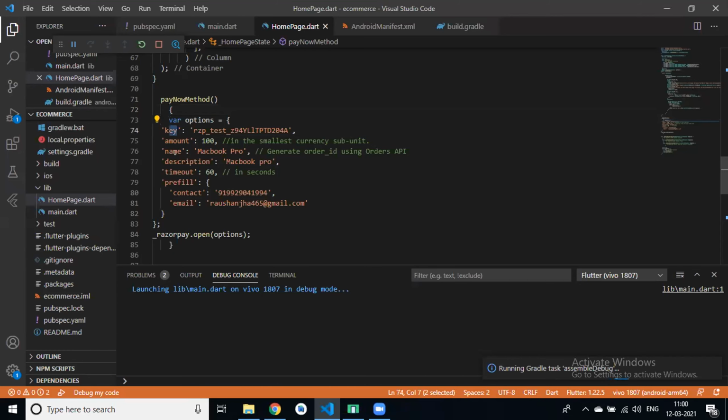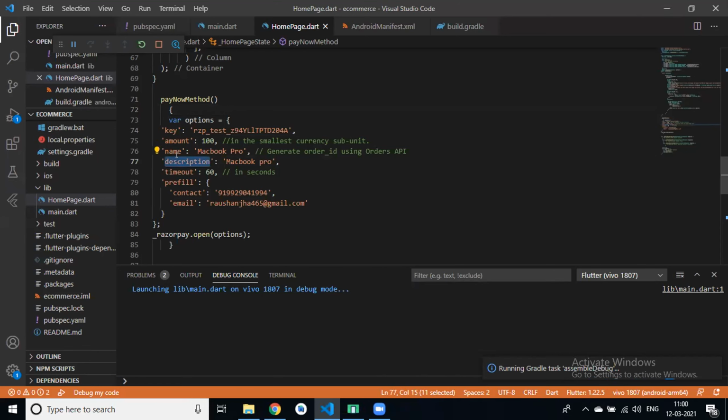So in our home page, we have a key, an amount, a product name. We don't need an order ID right now. In the variable option, we have a key, an amount, a product name, a description.